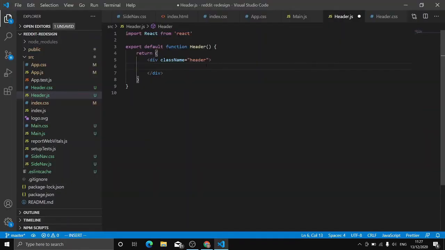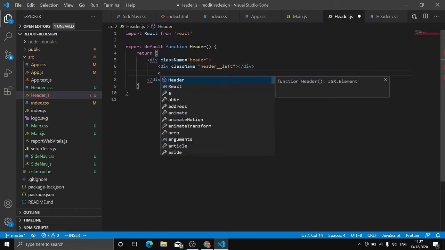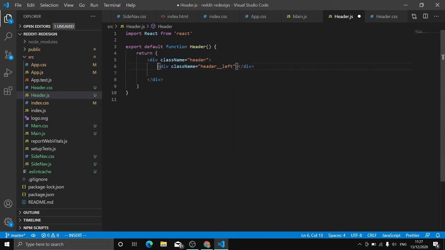So let's just do that. We're gonna have div class name, let's just call this one header left, and in this one, sorry, I'm just gonna duplicate this header right. Okay,